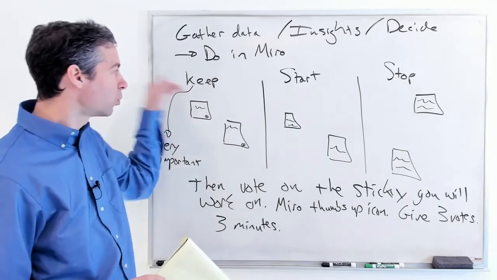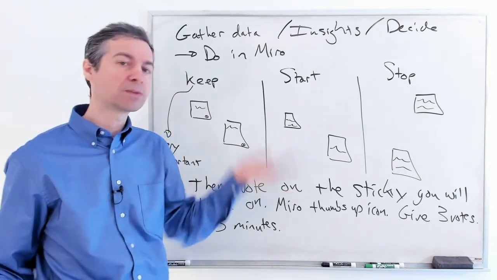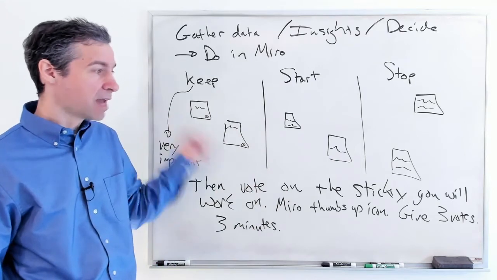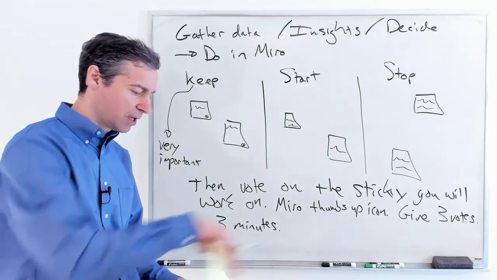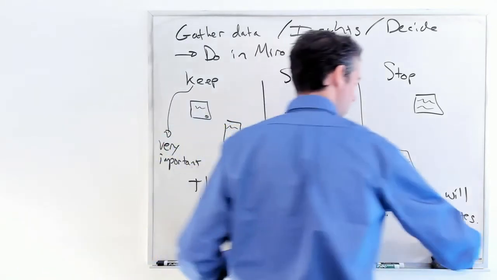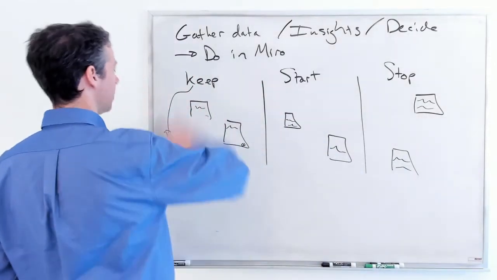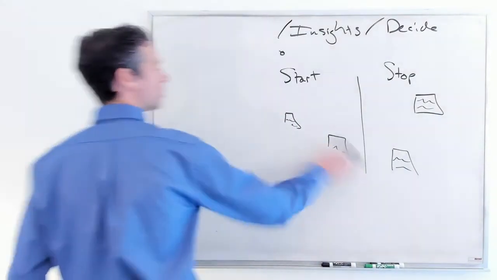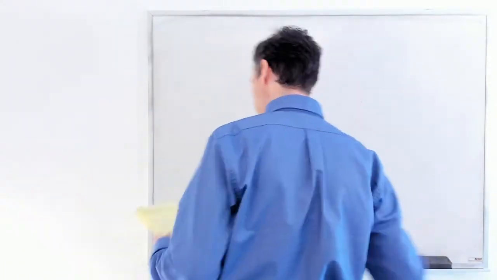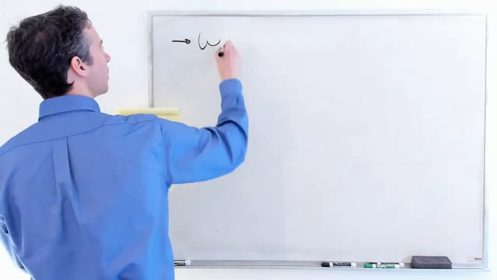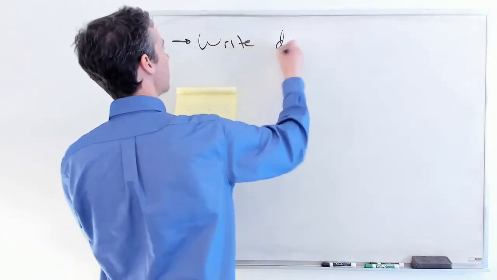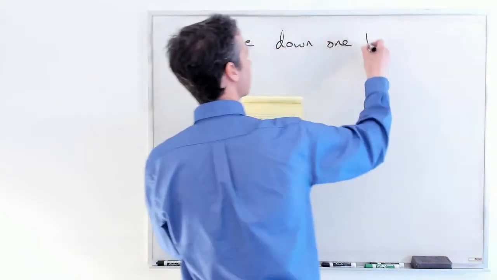And it'll tell you which sticky got the most votes and the second most. All right, now's the time that you as a team decide what to do based upon that. Now you've gathered the data, you've got some insights. Time to make your decision. The voting is sort of the decision, but there's a really important thing now, which is you have to turn it into words, some sort of sentence, write down one thing